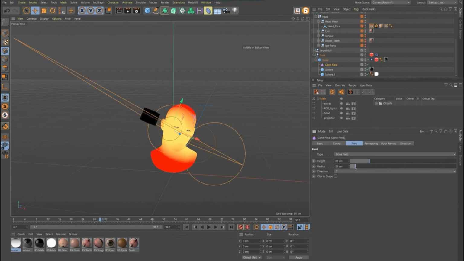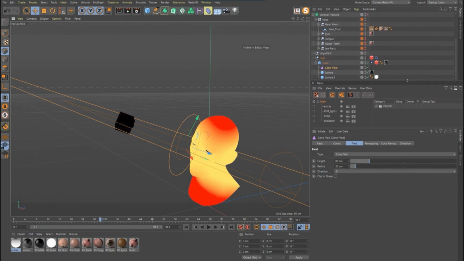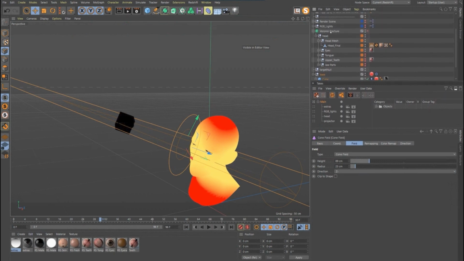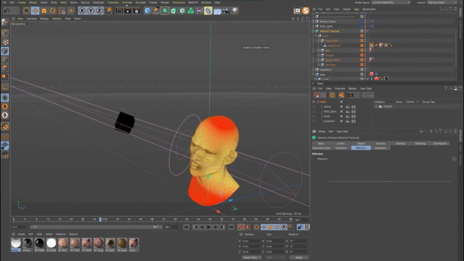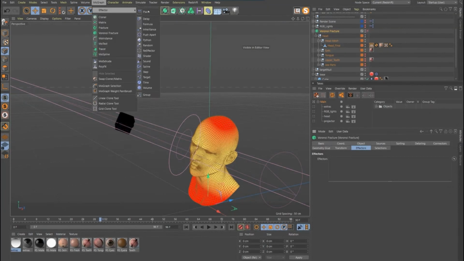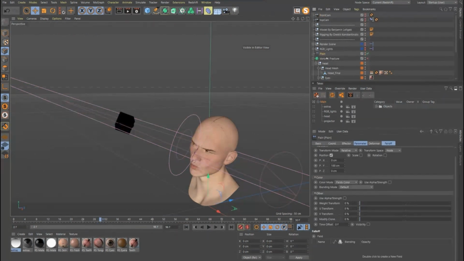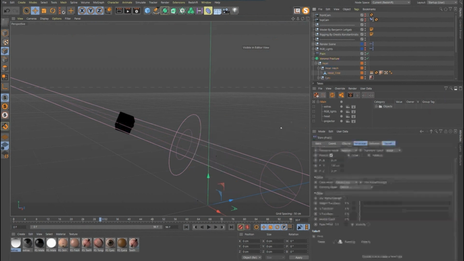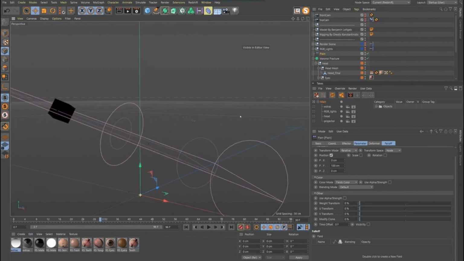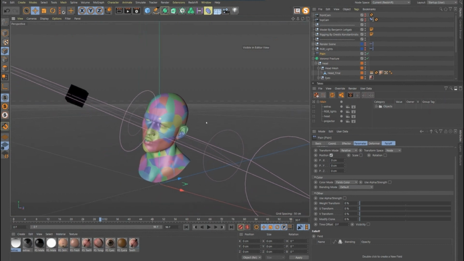We can't have it drive the Voronoi fracture directly. We can't plug a vertex map into there. But what we can do on the Voronoi fracture is create some effectors. So I'm going to go to MoGraph effector. Let's use a plane effector first, and I like to bring this stuff down to where it's being used. We'll turn on the Voronoi. My plane effector, by default, you'll see it's moved everything around, and by default, it's set to Y at 100. Let's put that back to 0 because we don't need that.